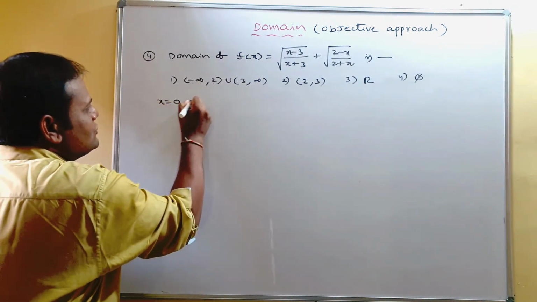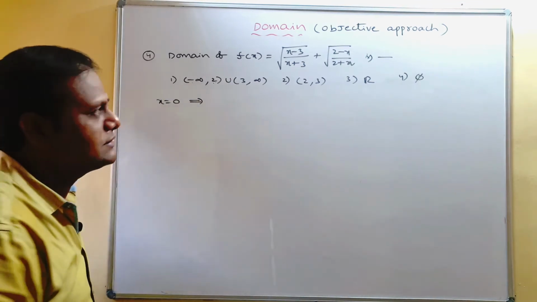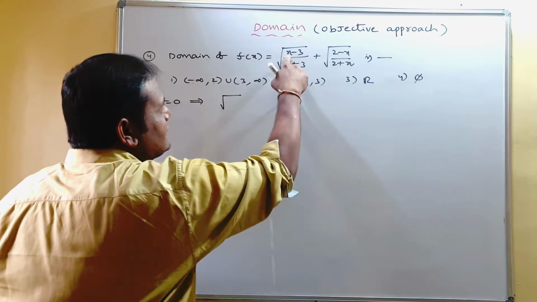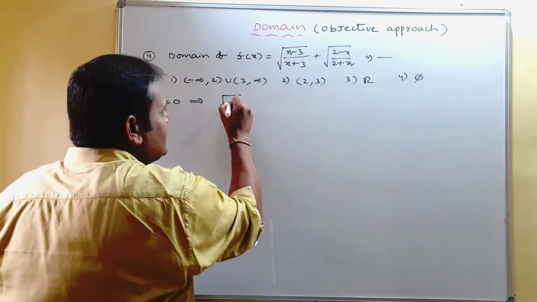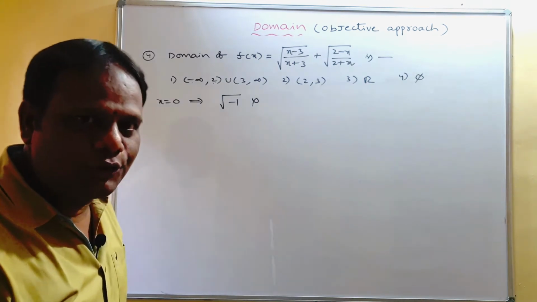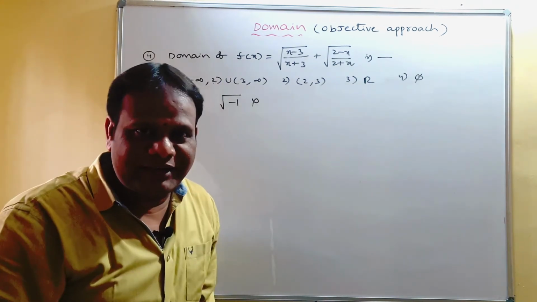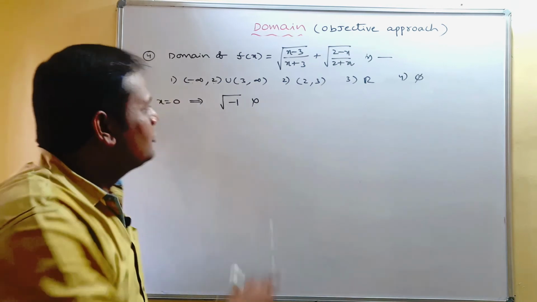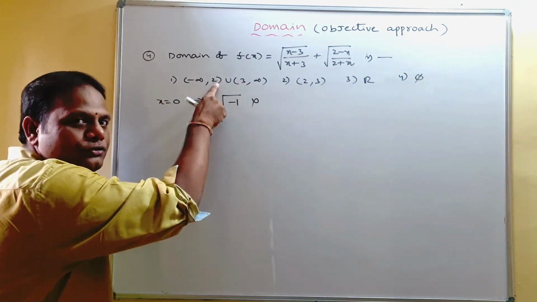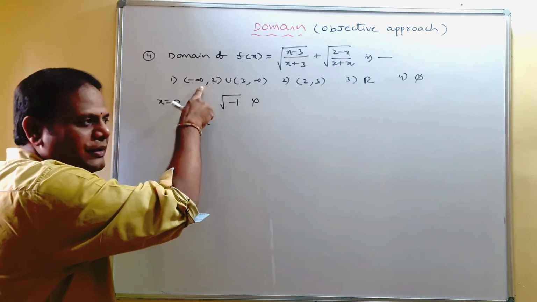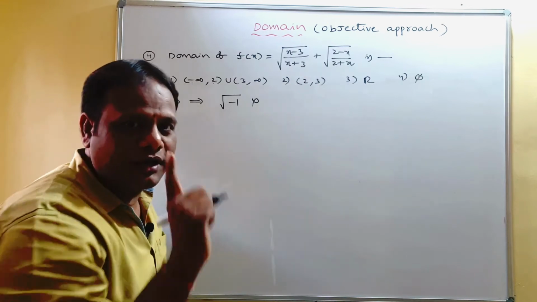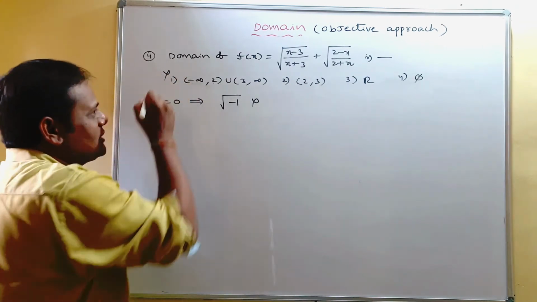Put x equal to 0. What happens, you see, for this? Then here you can get root over, if you take x as 0, minus 3 by 3 minus 1, defined or not? It is not defined. So in the domain, can we take 0? No. But you observe here, between minus infinity and 2 is 0 there? Yes, but we can't take 0. Why? Because the function is not defined. So the first option is wrong.